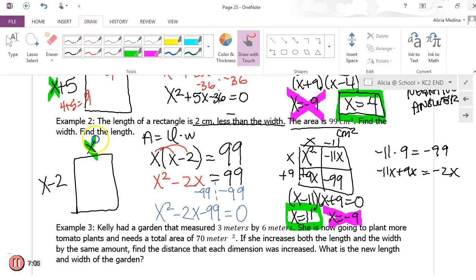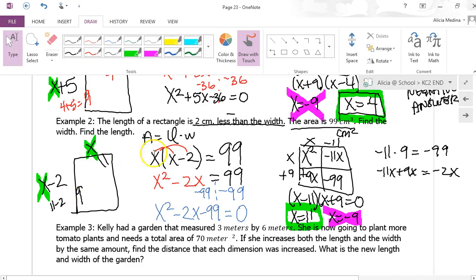So I'm going to go ahead and substitute that back in, which is going to give me my width of 11. And then 11 minus 2, and that would give me 9. Right? Don't forget to go back and substitute it into our example here. All right. Next example, example number 3, says that